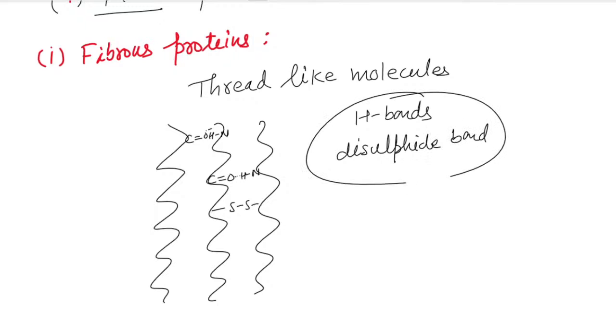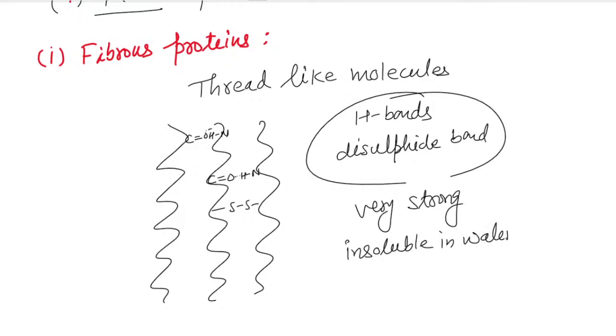So both are strong bonds. That means intermolecular forces of attraction are very strong, and that's why fibrous proteins are insoluble in water. Intermolecular forces are very strong and they are insoluble in water, and they're also stable